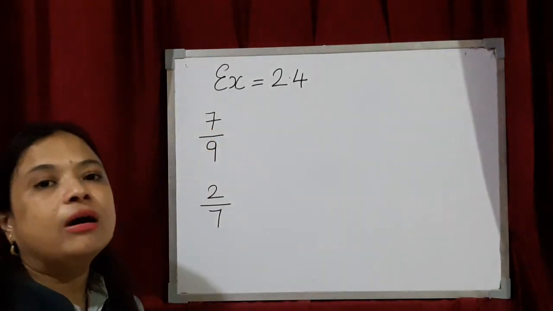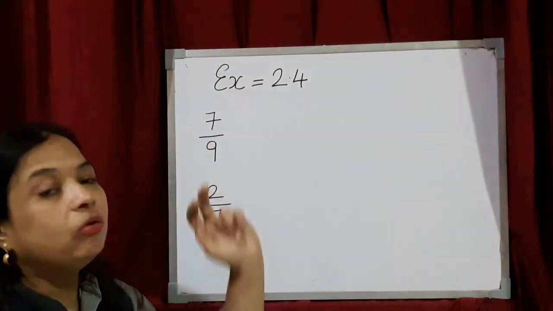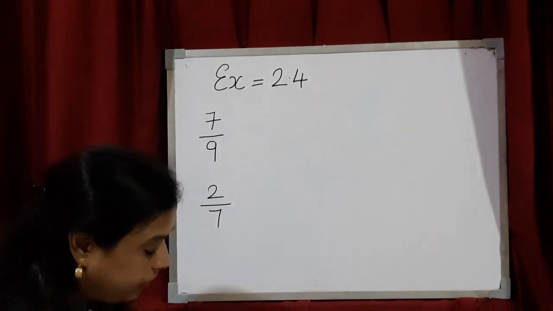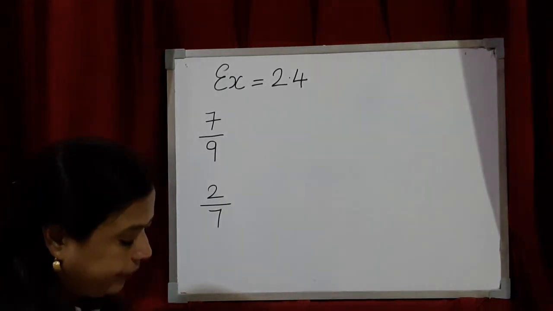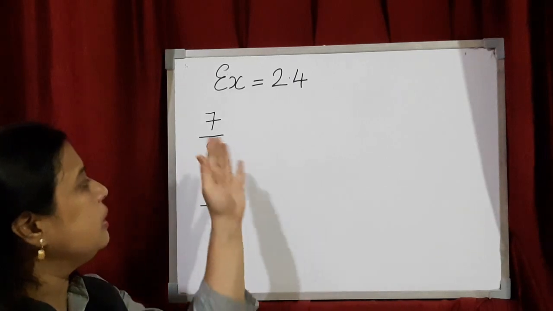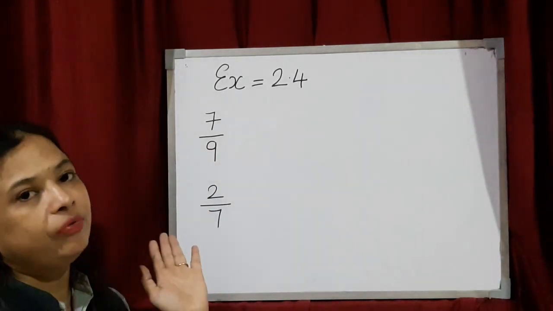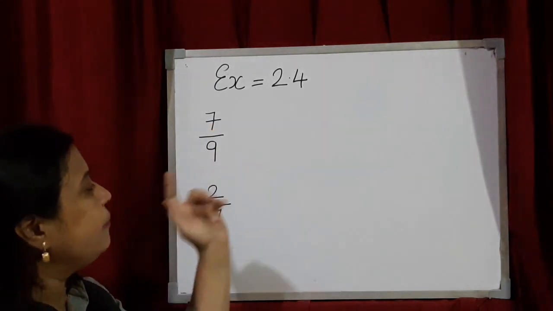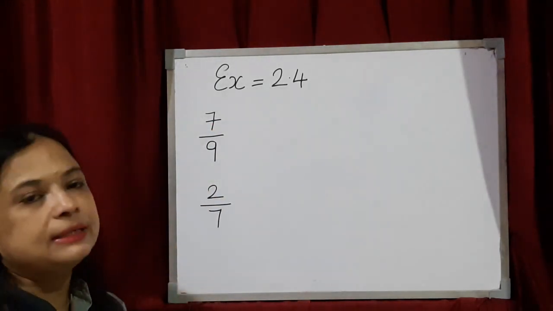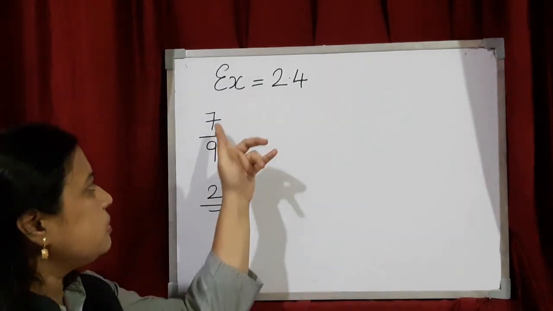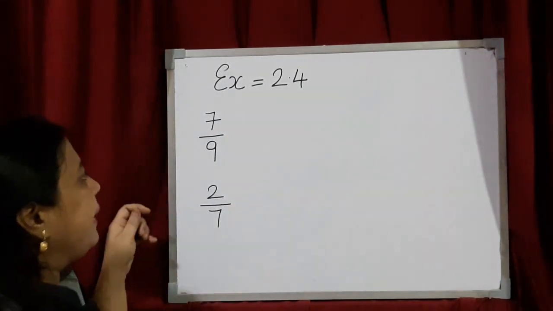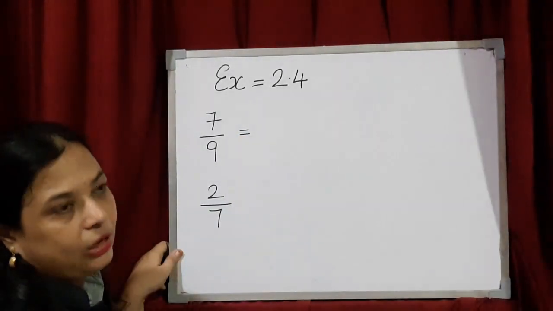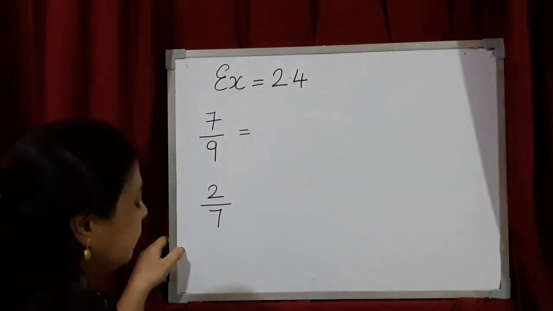Children, now you have to open your Canopy book and take out exercise number 2.4. In that, what is the first question given? Read the fractions and write them in words. Okay, so here fractions are given to you and you have to write them in words, which I have already showed you. I will show you 2 examples over here. You are going to write in words in your notebook, because there is no space in the Canopy book.